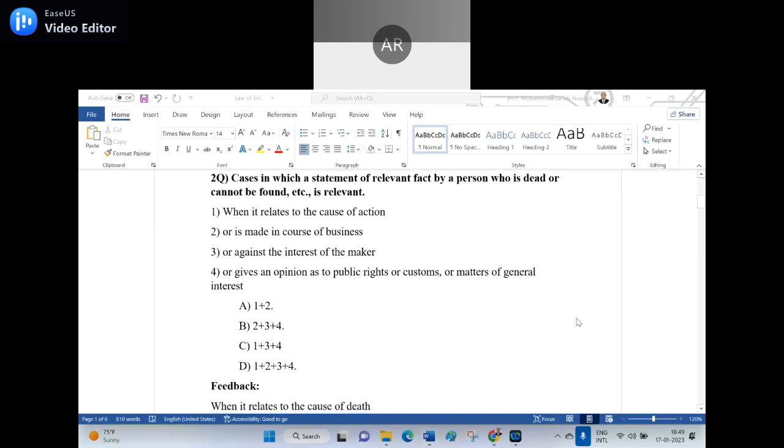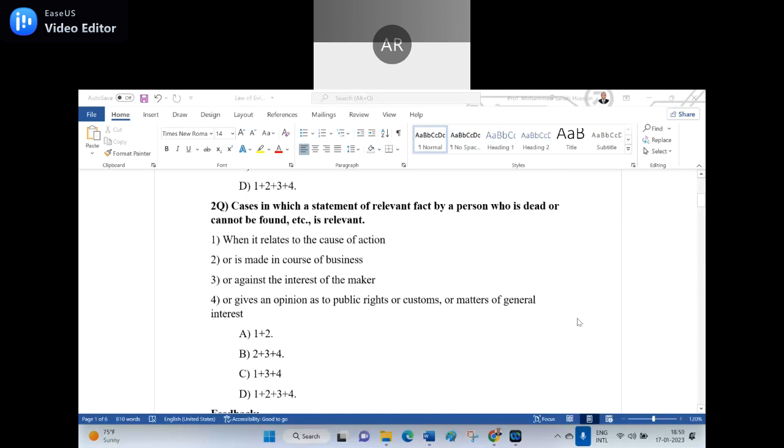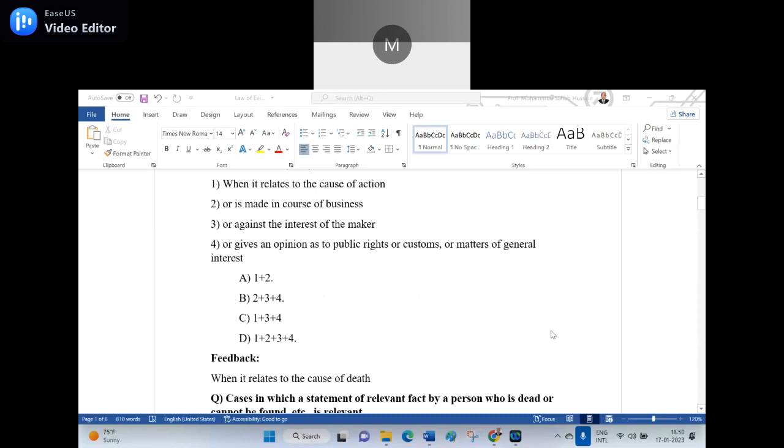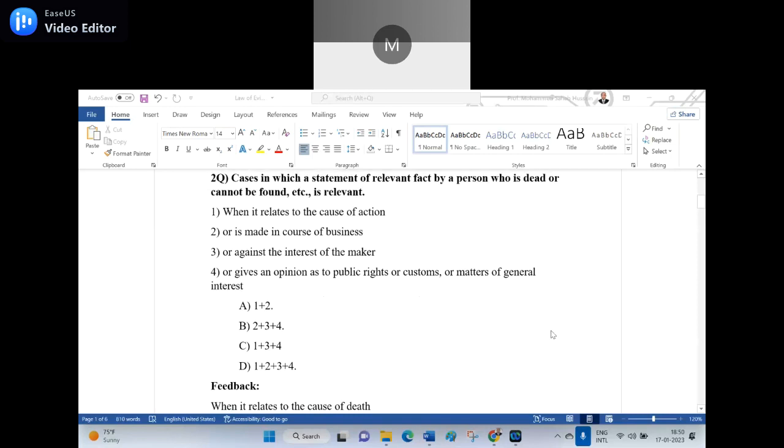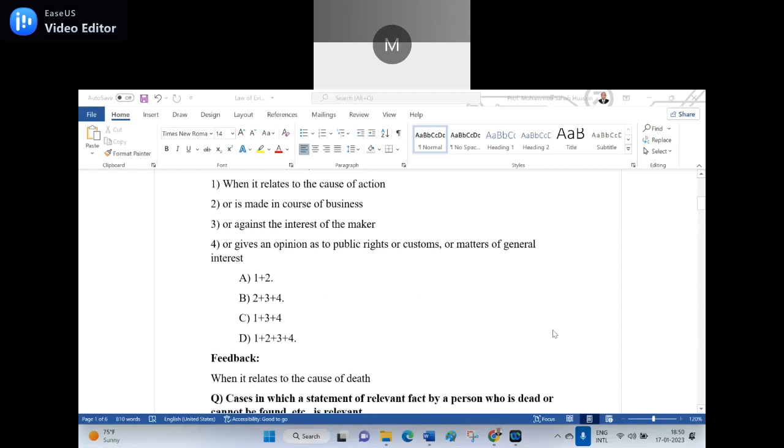Sir, D is the right answer, sir. 1 plus 2 plus 3 plus 4. Can you tell me the reason? What is wrong in the 1? Cause of action. It is not cause of action. It's the cause of death. See the feedback. So 1 is wrong. And the right answer is,